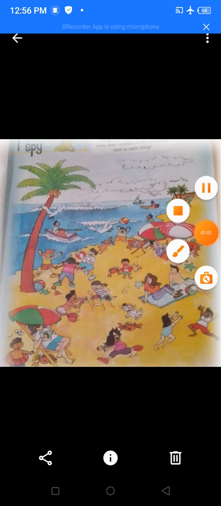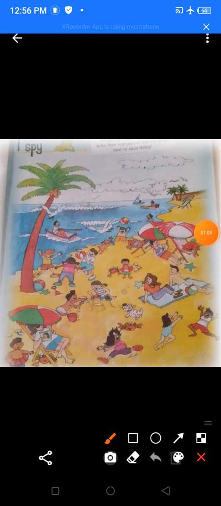Now if you have to find the coconut trees, where are the coconut trees? One is here, this is one, and can you find more coconut trees? The bigger one which is visible, yes, you have found it. Find another one.